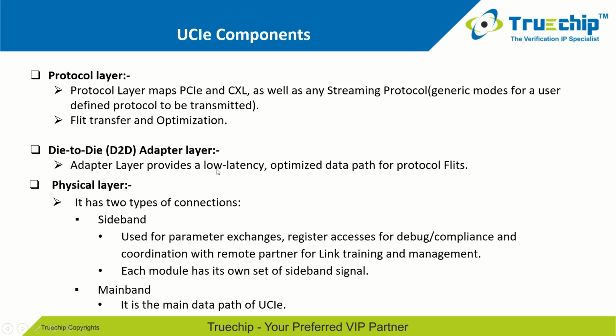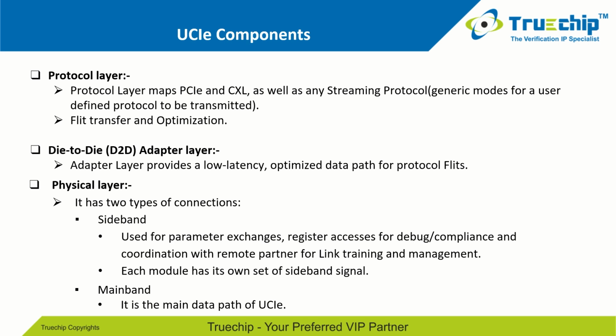So let's have a look at the UCIe components. There are three components for the UCIe. The first one is the protocol layer, then the die-to-die adapter layer, and the last one is the physical layer. The protocol layer maps PCIe and CXL as well as any streaming protocol, and handles Flit transfer and optimization. And the adapter layer provides a low latency optimized data path for protocol Flits, and